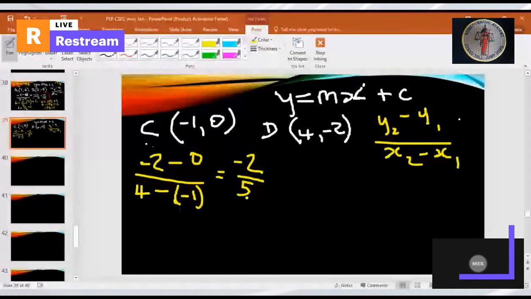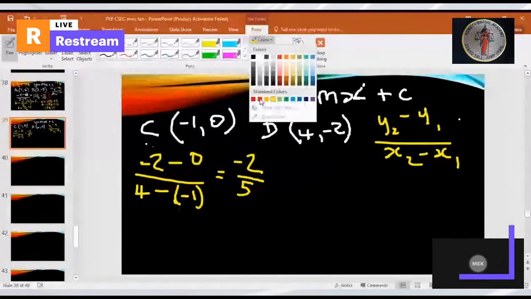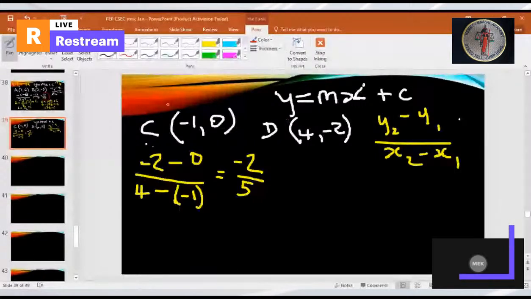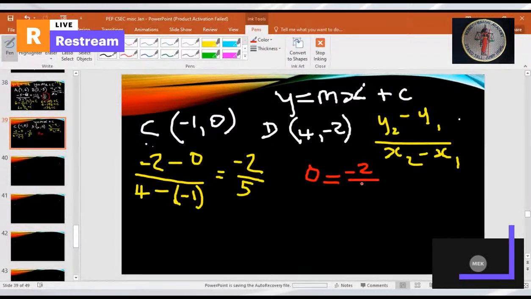All right, so we found the gradient. Now we need to find the y-intercept. So we're going to plug in the gradient, the x value, and the y value to find what c is. We can use any one of these pairs. I'm going to use a simpler pair where x is -1 and y is 0. So we would have 0 is equal to -2/5, which is the gradient,